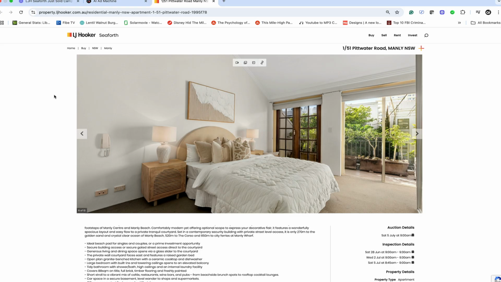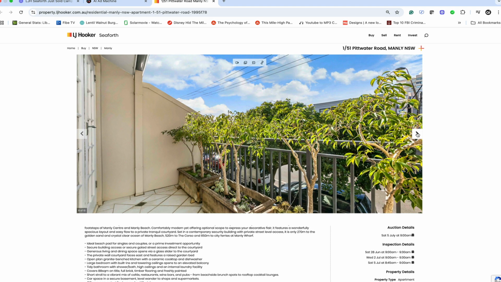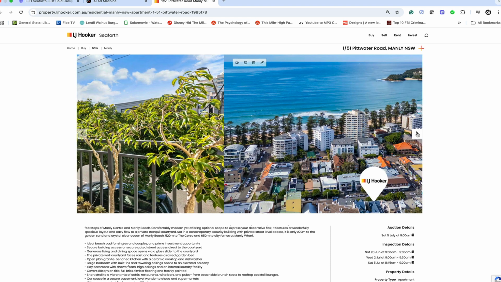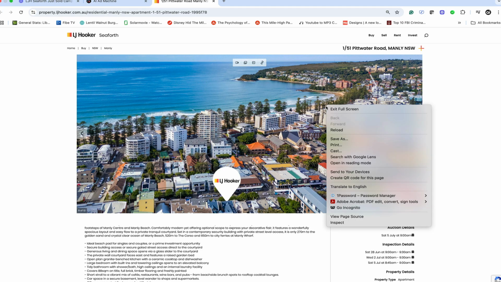Okay, so here's my listing, a gorgeous single bedroom apartment on the Pittwater Road in Manly, in New South Wales. For those of you who don't know, Manly is a beachside suburb of Sydney, and it is absolutely gorgeous. Anyway, I digress. I'm going to look through these images and work out which are my best shots. And what I'm looking for is some wow factor, and there's some wow factor right there. So what I can do at this point is